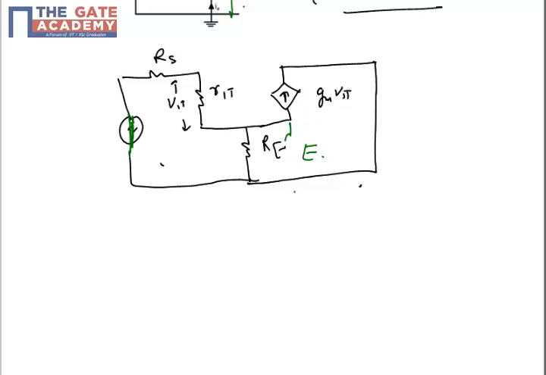and at the terminal in which I need to calculate the resistance, I will assume one voltage source V with current I there. So it will be a simple network problem, but the only thing is that we need to rearrange the circuit. So just rearrange the circuit.